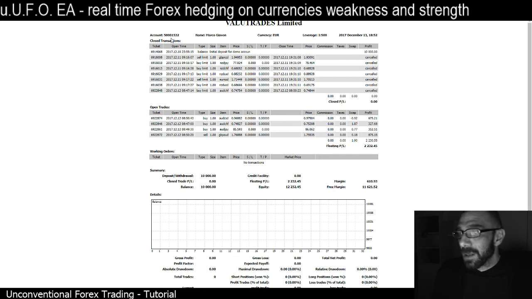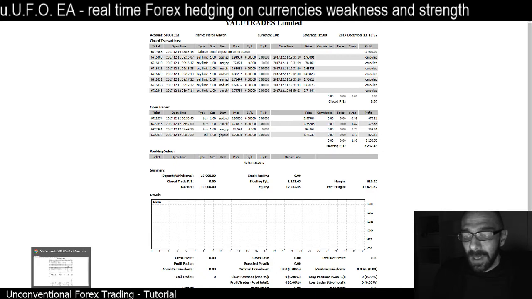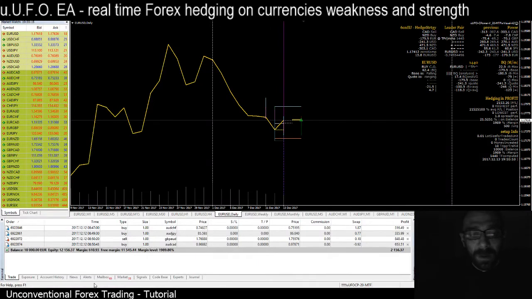This is a balance account made for the example as usual, as I always do in my videos. And what happened on Tuesday is that another currency came out quite strong while New Zealand dollar was retracing, and now New Zealand dollar has become strong again against Australian dollar. So I decided on